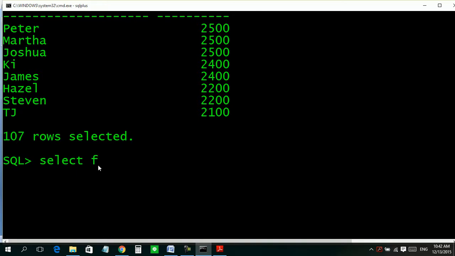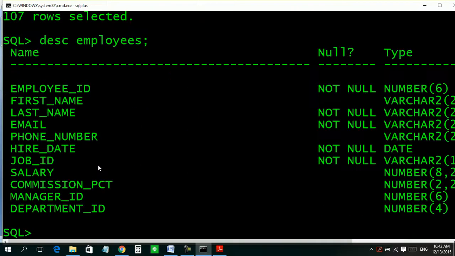Let us see. Select department. Let me see the structure of this table again. Describe employees. We have department ID and salary.